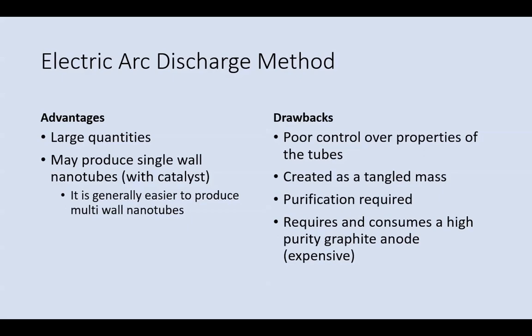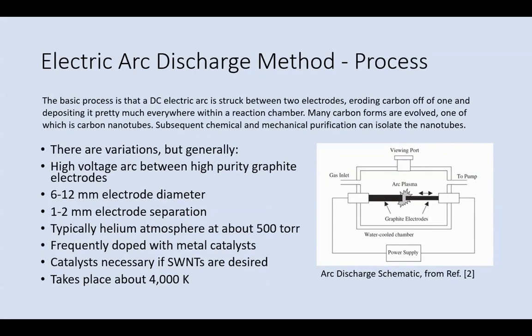Essentially, the way the electric arc discharge method works is that two carbon electrodes, an anode and a cathode, are placed together in an inert environment, and an electric arc is struck between them. The result is that carbon gets eroded off of the anode and, in theory, deposited on the cathode, although in practice it's generally deposited all over the reaction chamber. The carbon produced is generally a mass of soot with a variety of kinds of carbon nanoparticles, including graphene flakes